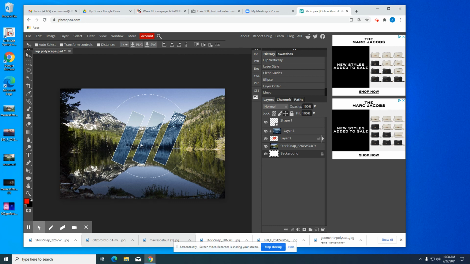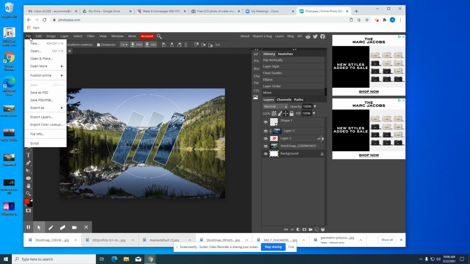When you get it where you want it, if you're still working on it, remember to save it as a PSD. When it's complete, save as a PNG or a JPEG. So that is the repetition